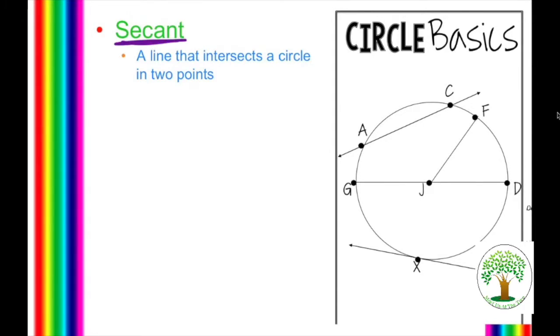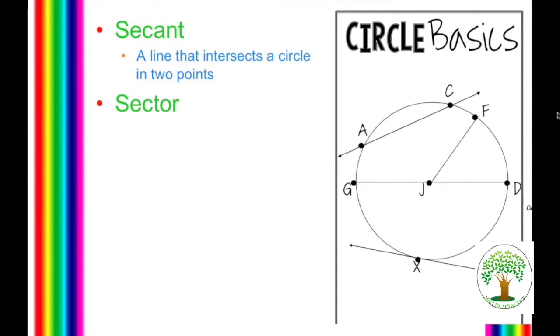Okay, so we have secant. I'm going to do purple, and make sure you put arrows at the end. If your marker hides those arrows, put them back on, because it's got to be a line, not a line segment. It's got to keep going. And we're just going to name it. We're going to do AC with a line over the top of it, okay? All right, the next one